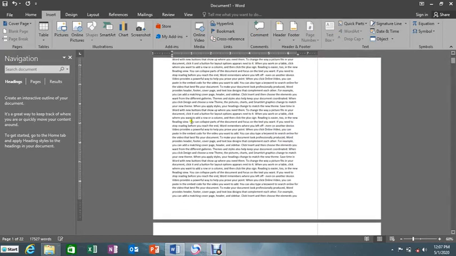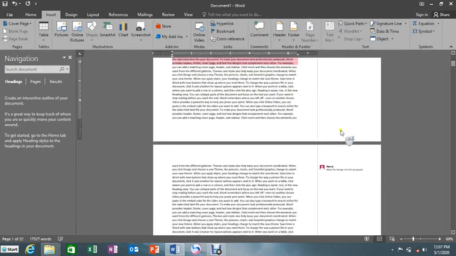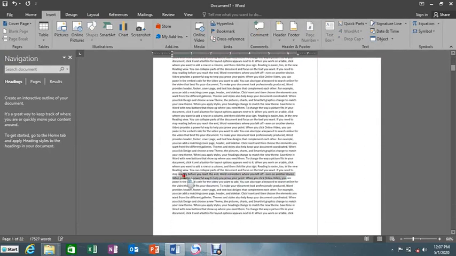Then let's say highlight this, add a comment, change the body. Let's say somewhere else, this paragraph